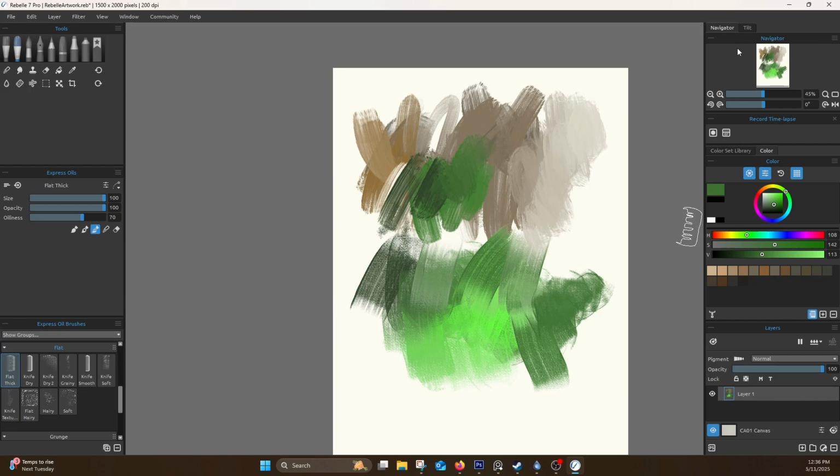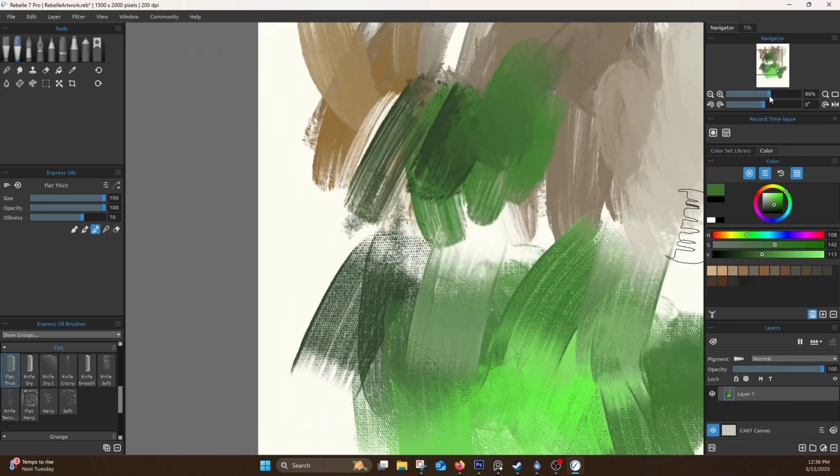And then over on the right hand side, you can absolutely see that I have the navigator. I can still zoom in and out. Same way. I have my time-lapse recording set up here. I don't get paid by them, but I do work with Rebelle a lot. We do featured videos, stuff like that. So I want to make sure that I can give them the quote-unquote Rebelle time-lapse, which is a built-in time-lapse